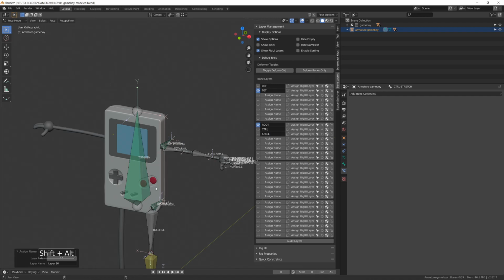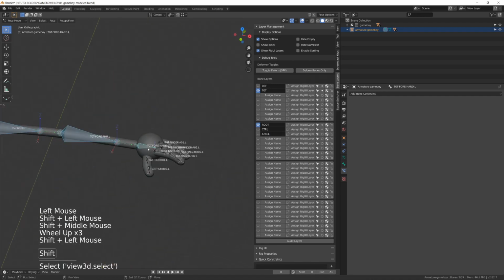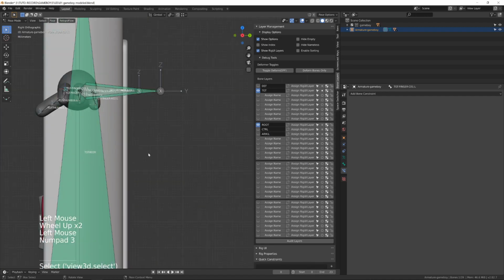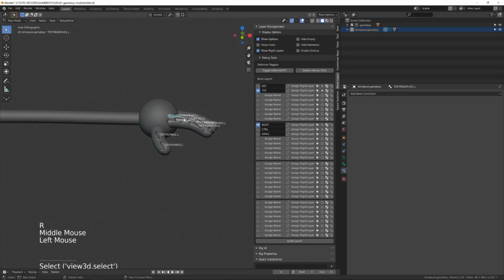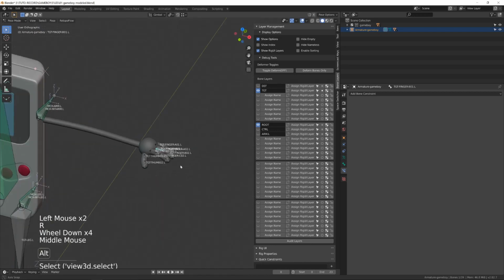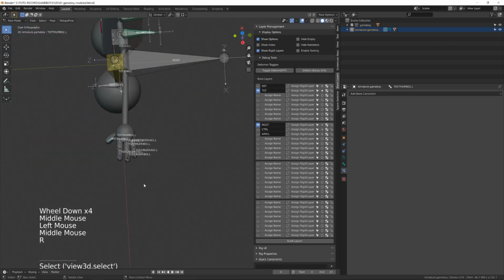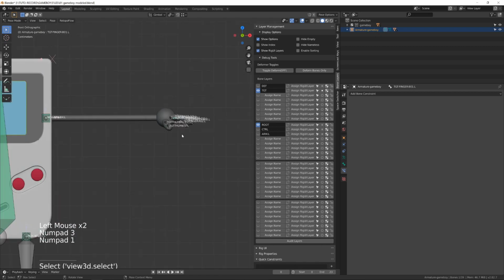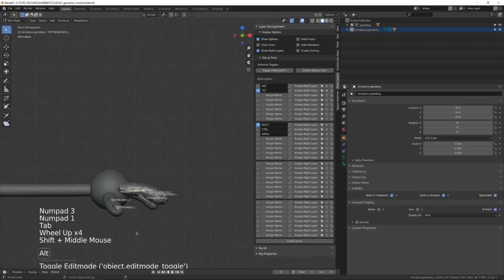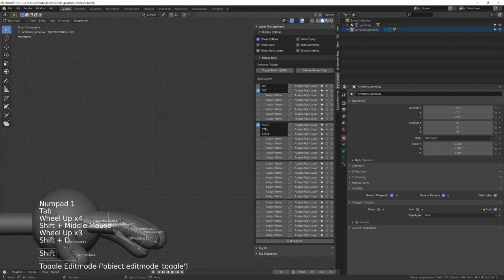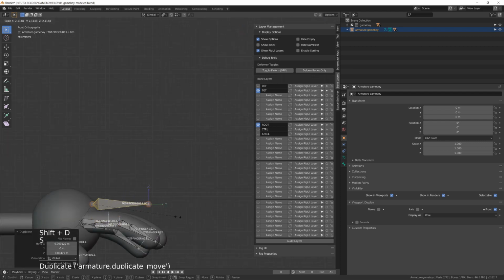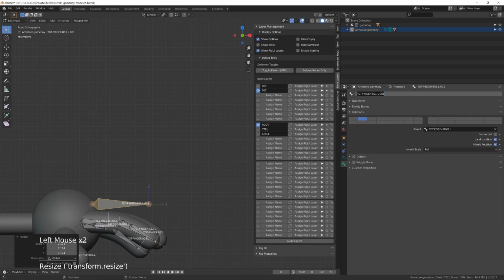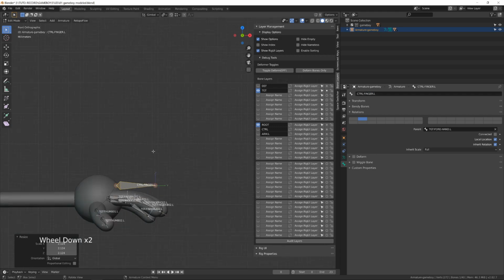Since I'm a lazy person, and since we will have to animate the fingers, I wish I could create one controller that will allow me to bend them all at once. The idea here is not to create a classical hand controller, but just something that will allow me to create follow-through animation in the fingers during the walk cycle. To do so, I will duplicate the target finger B01, which is the middle finger, and scale it a bit. This is going to be our controller for the fingers. Don't forget to add the .L in the naming.